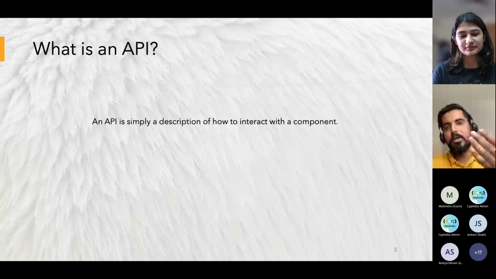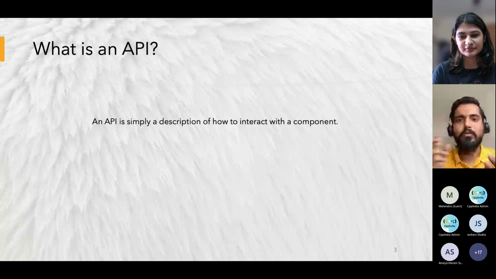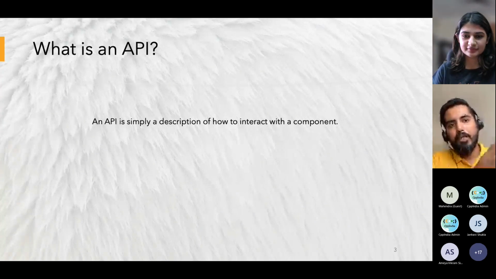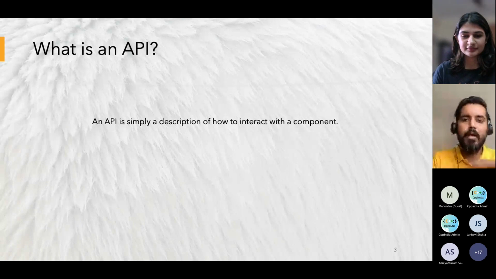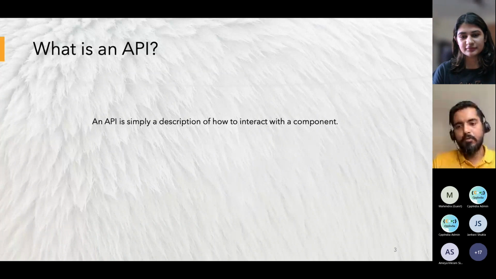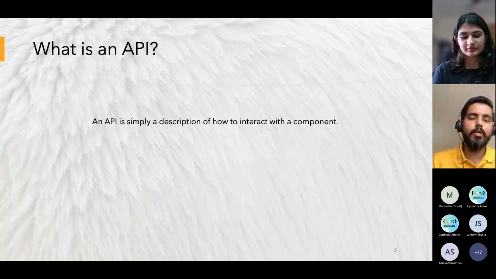That socket is your API: you build some electronic equipment, you plug your equipment there and you get electricity, and your equipment starts working with that. You don't worry about how this electricity is coming to you, how the wiring is behind the scenes, where the earthing is and all those things. So API is something like that only. You create something, you write some functions, and users can use those.